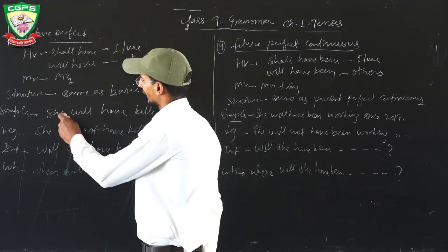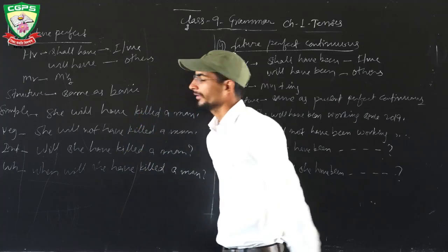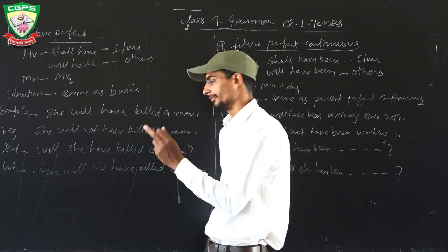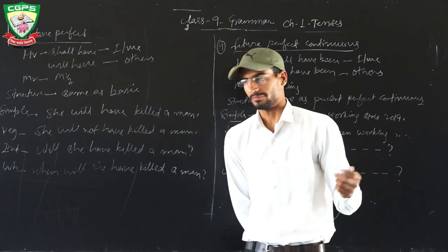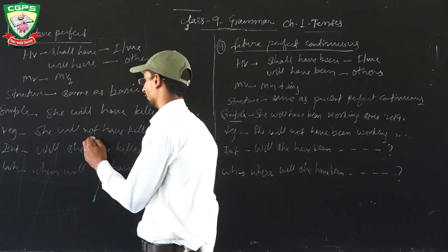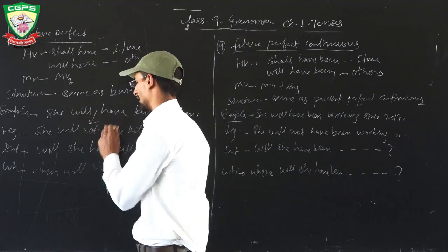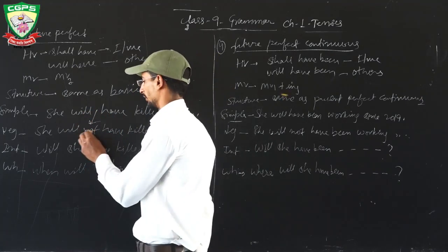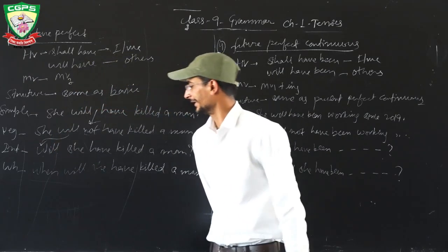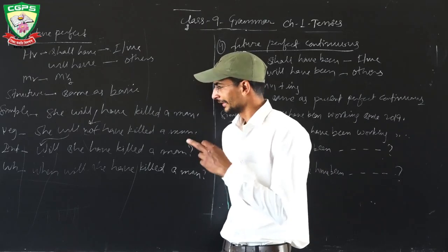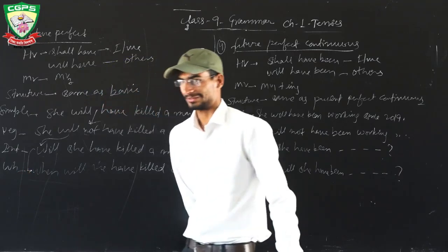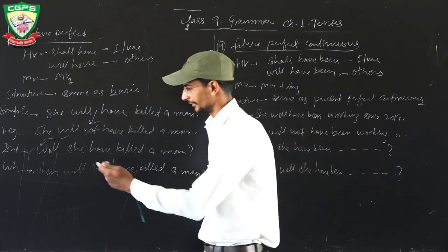Like in a simple sentence: She will have killed a man. She is subject, will have is helping verb, kill is main verb in third form. Third form is kill, kill, killed. A man is object. Negative sentence: She will not have killed a man. So will not have; after the first part of the helping verb we will add not. Next interrogative: write the first part of the helping verb at the starting. Will she have killed a man? That is interrogative. Next double word sentence: before this add the double word, that is double word sentence. Interrogative or double word, इतना difference है, double word starting में add.